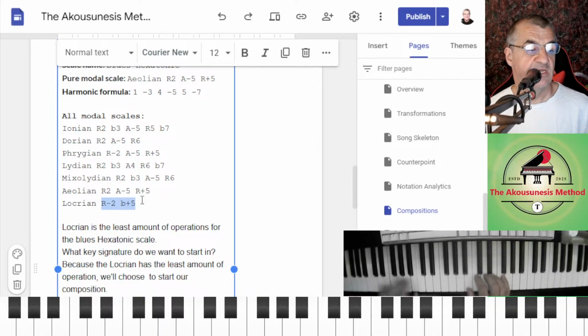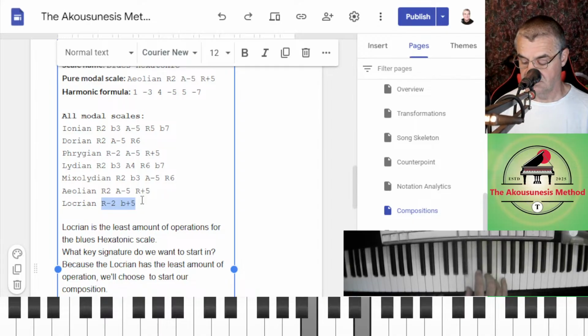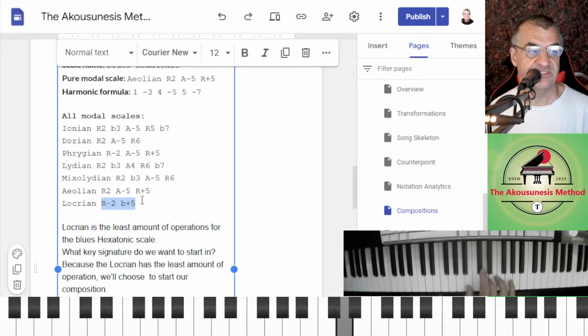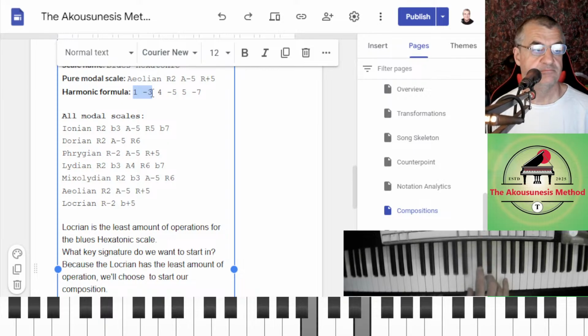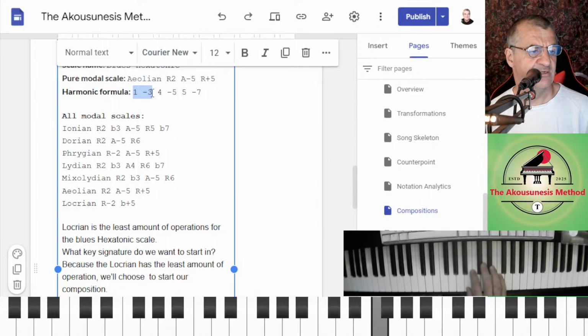Start on B. We remove the -2. Right? There's no -2. So it's 1, minor 3, which is up here. 1, minus 3. There's a 4, there's the 5. Locrian, sorry, it doesn't have a 5 in it. Oh, there is a 5 in this. We've got to add, we're going to flatten something? Flat +5. Oh, okay.